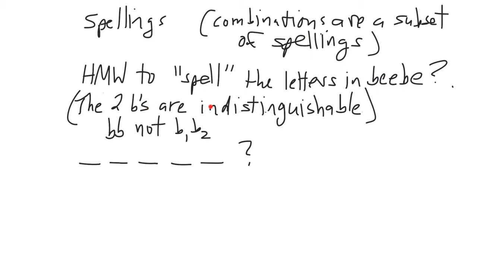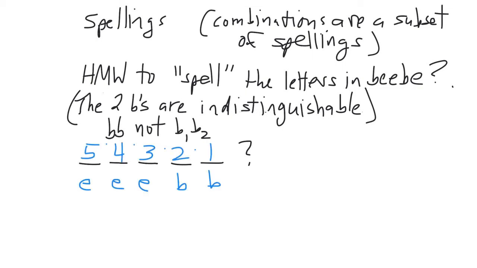The two B's are indistinguishable. In other words, it's not B sub 1 and B sub 2. We can't tell the difference between the two B's or the three E's. So should we use the fundamental counting principle to figure out how many different ways to spell the letters in